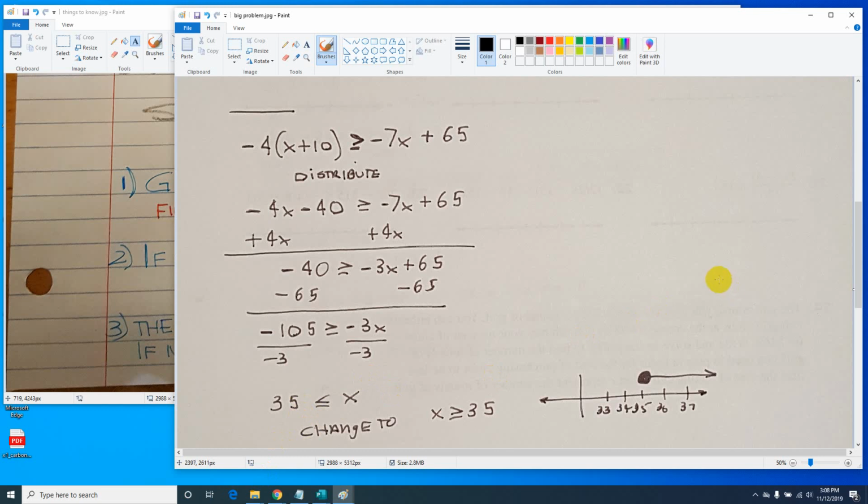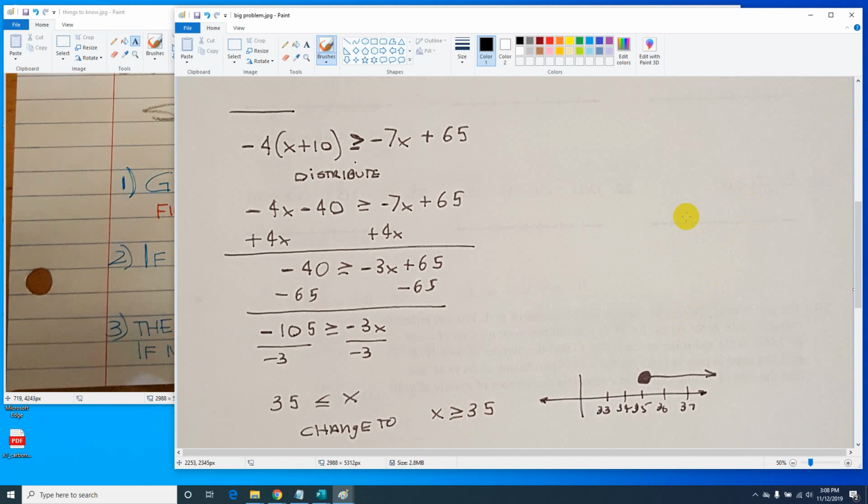Now this is the first point of the inequality. Notice that it has an equal sign, so you give it a solid dot. So that is the answer. I did not check it, but to check it, pick 40. 40 is a good number because 40 multiplies by those numbers pretty well. Put 40 into that equation on the top,